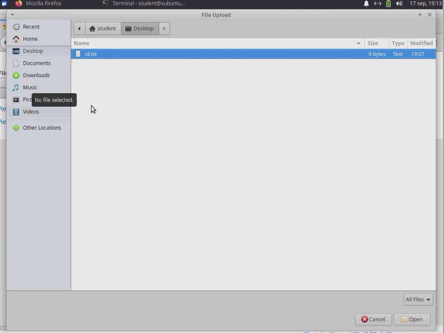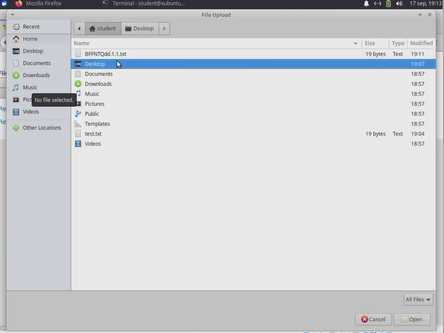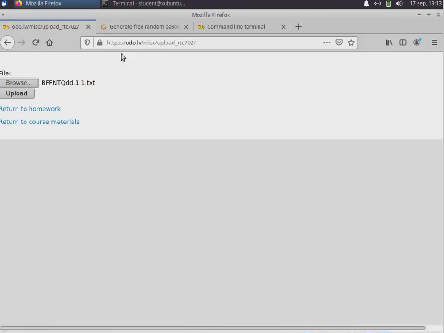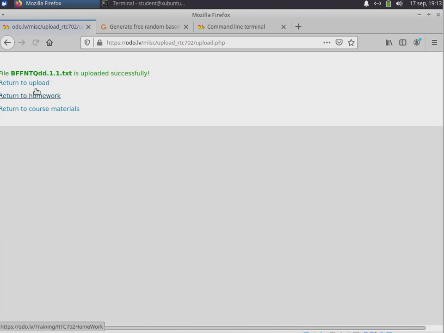So browse for these files, choose this file, upload, and you should see that this file is uploaded successfully. So this is early feedback for you to see that everything is correct, but